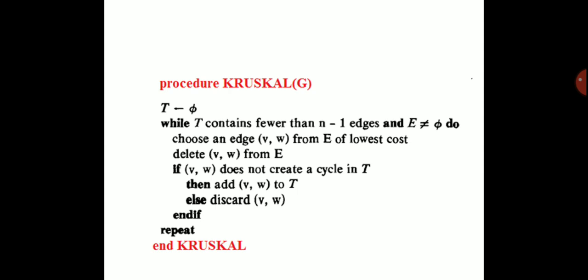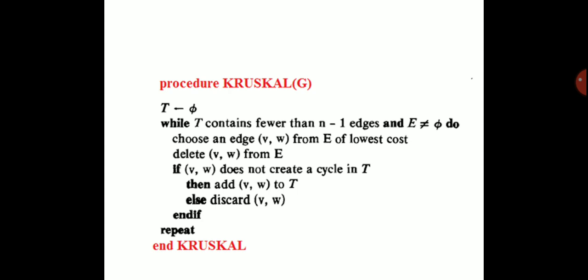What about E? E is the set of edges in the given graph. E should not be empty. There should be at least one edge in the graph, because the Kruskal algorithm leads us to pick edges. So that is the next constraint. So when T contains fewer than n minus 1 edges and E is not empty,